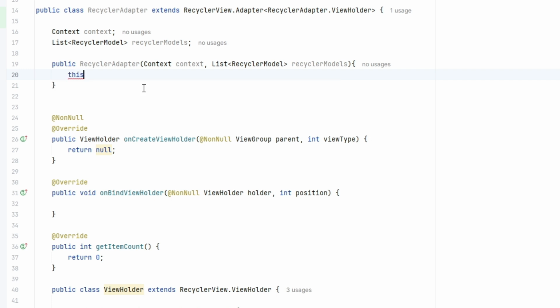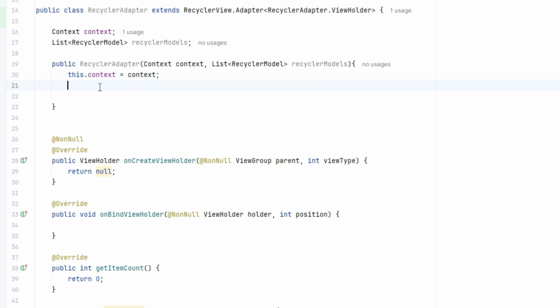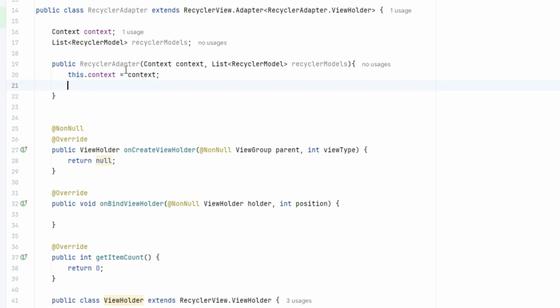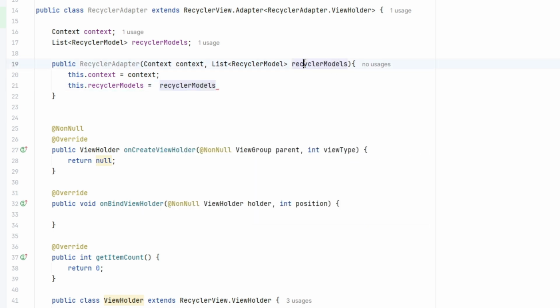But as of now, this.context equals this, the reference. Then our next parameters, the list and our model. So we can call this.recyclerModels, as you can see it highlights, then equals recyclerModels.